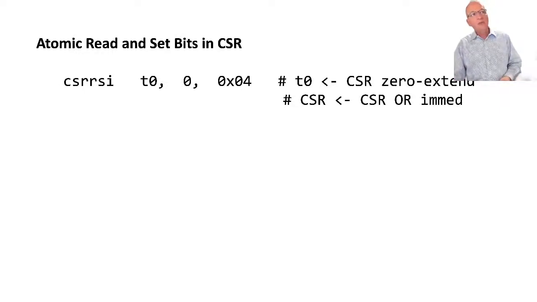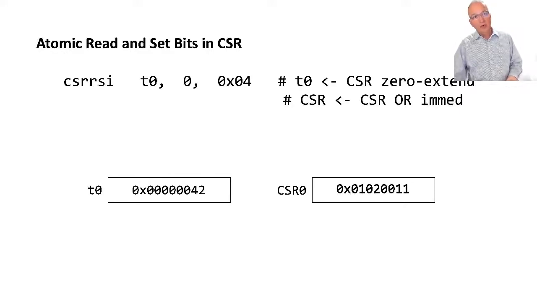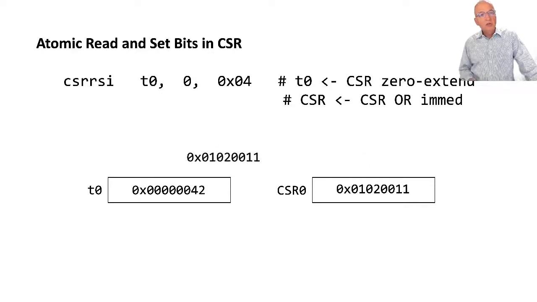Next, I have an atomic read and set bits in CSR, but now I use an immediate value instead of using a register. So similar to before, but notice that now in the least significant bit of the register, I set the bit to 1. I have the number 4 in the lower bits. So what is going to happen is that I'm going to switch,